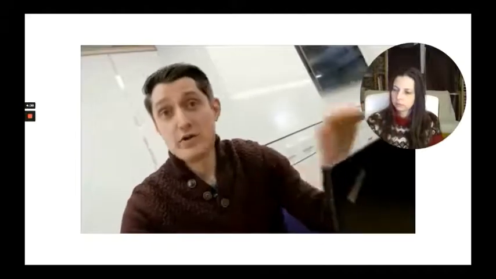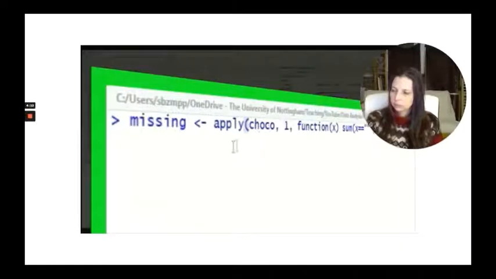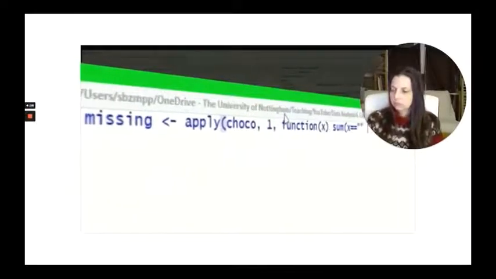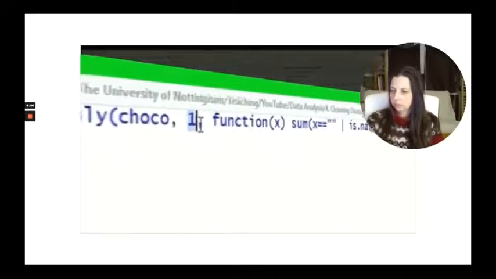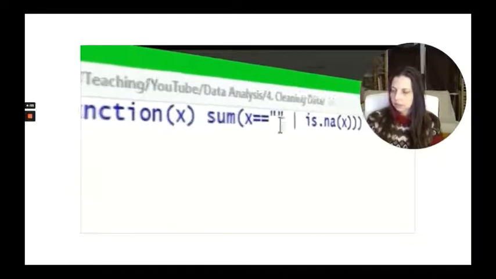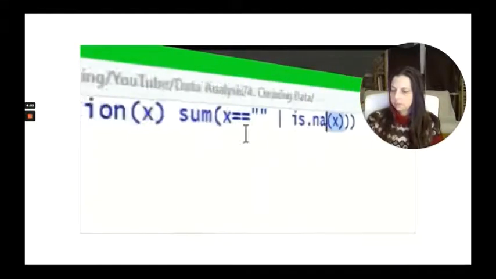Let's have a look at now our rows of data. So for each instance, they're going to have a number of attributes. Now there's 9 left. And we want really to keep the instances that have the majority of their data. So we're going to apply, and this is going to be row-wise, to dimension 1, so that's the rows. We're going to count any that are blank or NA for each row over our data set, and we're going to put this into missing.